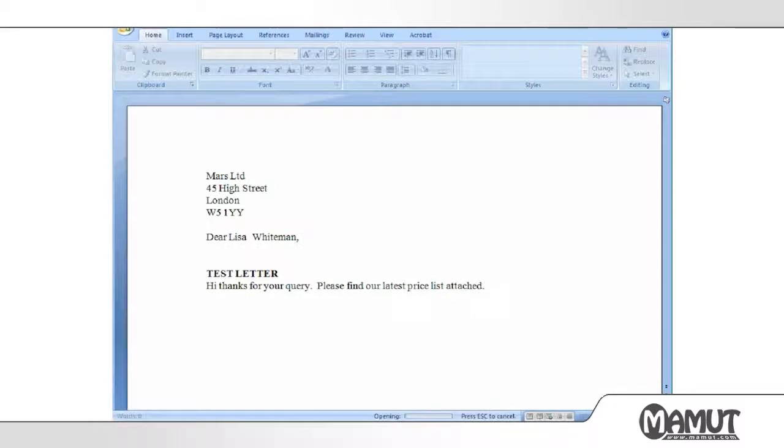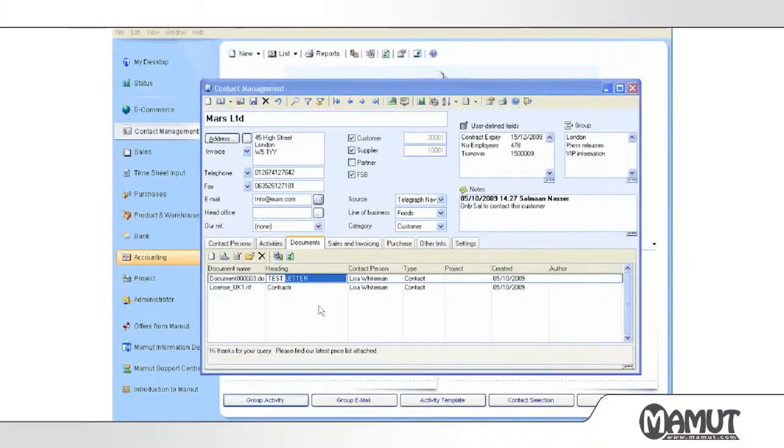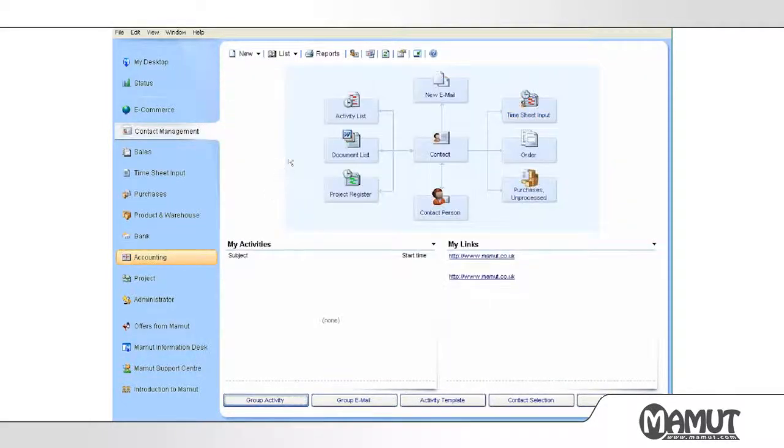You can see that it's done a basic mail merge. The letter isn't very great. You can see you've got the name of the letter and then the information that I typed in. But I want to actually create one myself, the template, and then use the template myself. So I'm going to then come out of this screen because I want to create a template, and the templates